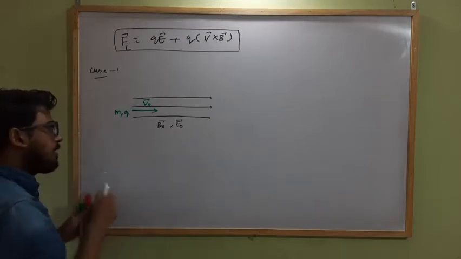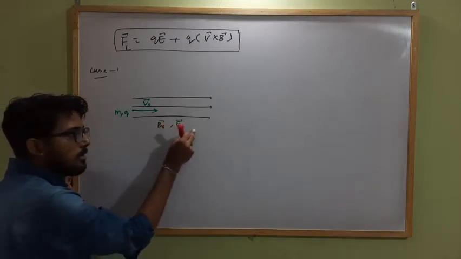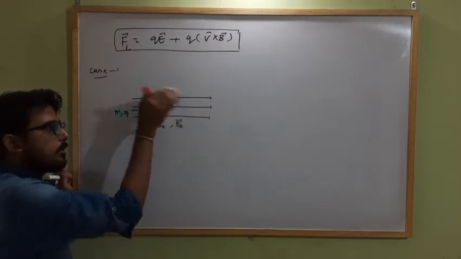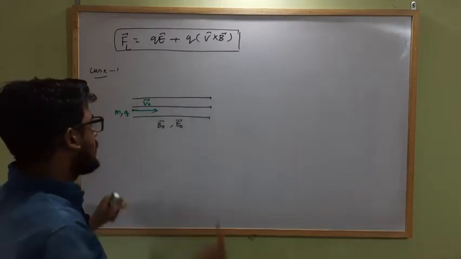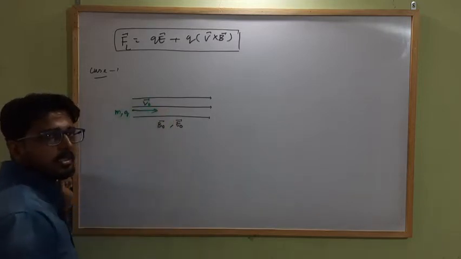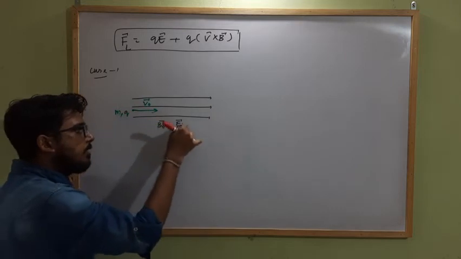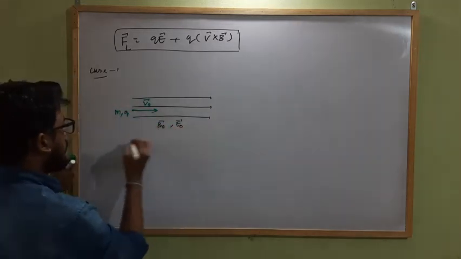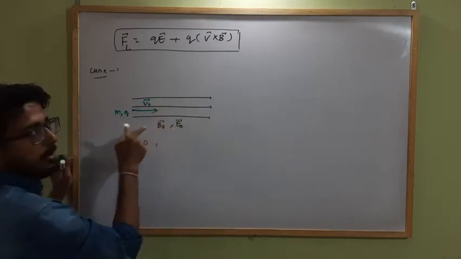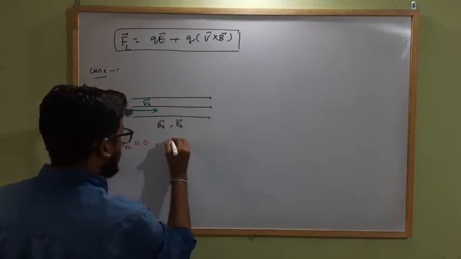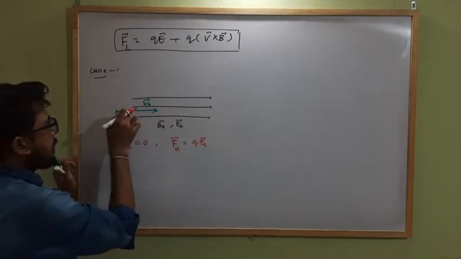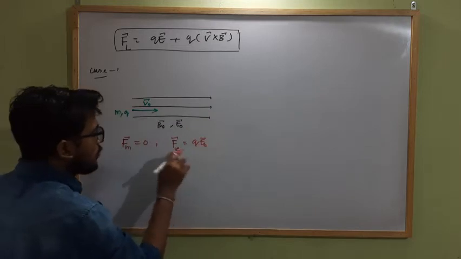As both the electric field and magnetic field are parallel to each other, and the charge is also moving along the same direction, that is, parallel to the electric field and magnetic field. And we already discussed that when a charge is moving along the same direction as the magnetic field, it has no effect on the moving charge, but it can be affected by the electric field. So here the magnetic force will be how much? 0, as the v vector and B vector are parallel to each other. But what about the electric force? It is qE. So the particle will start accelerating along this direction due to this constant force.